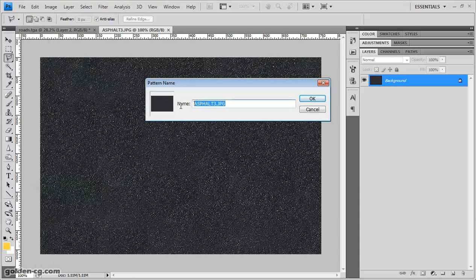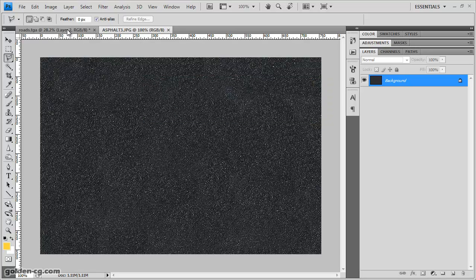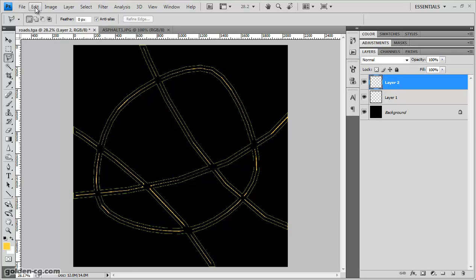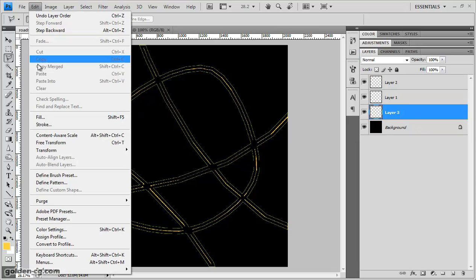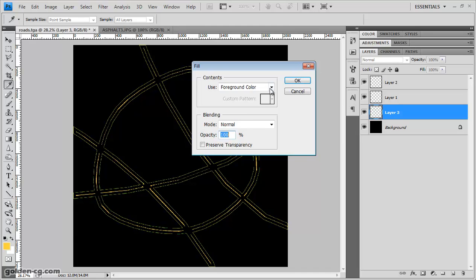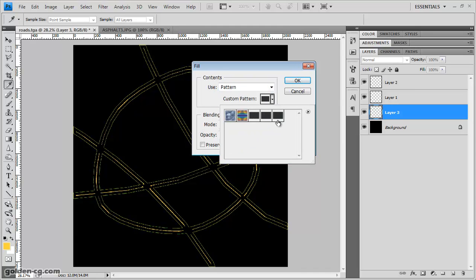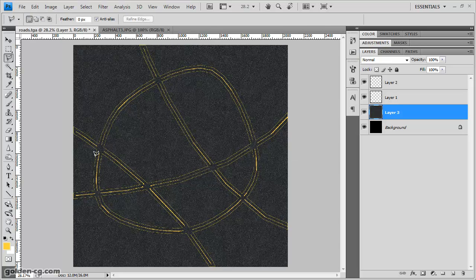Okay, and then go here, choose a new layer and put it behind the road, the yellow lines. Go to the edit, fill it, and choose the pattern, and from the list I choose the asphalt which I created, and you can see the whole of this has been filled with the